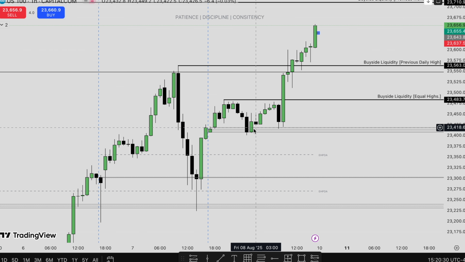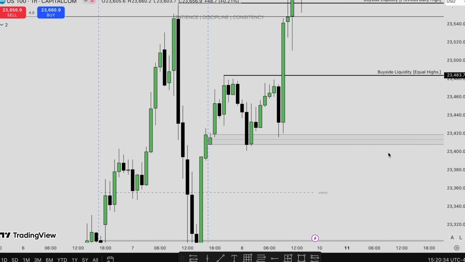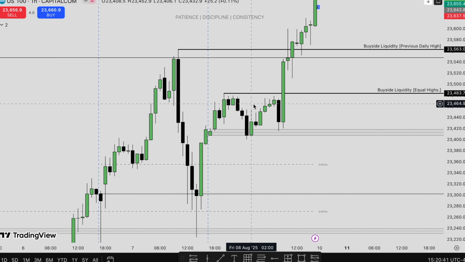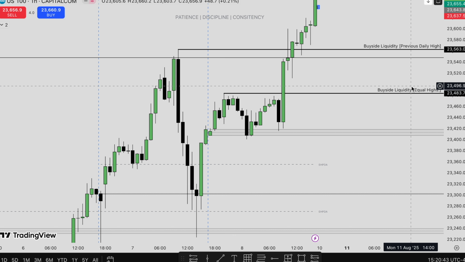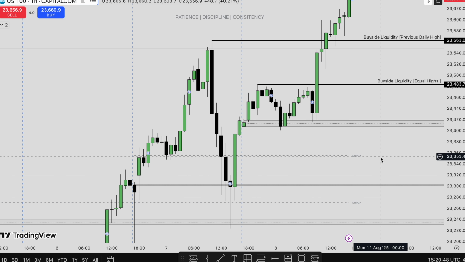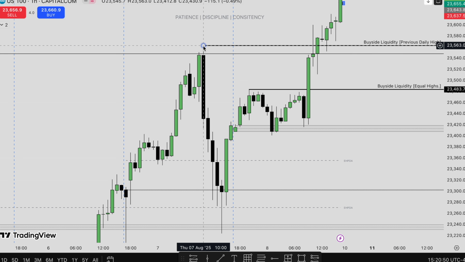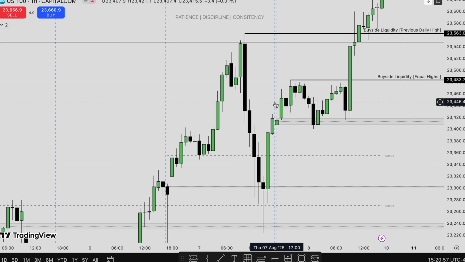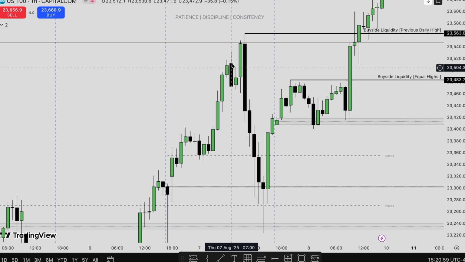I was looking at how price is respecting this new day opening gap. We had traded right there, respected it via the bodies. So I'm looking at all of this as I'm trying to frame longs. We have equal highs as I've marked out. We have equal highs right there. I'm looking at this, and my drawn liquidity remains the previous daily high. And then as we look at this leg right here, if you look at this south side of the curve,